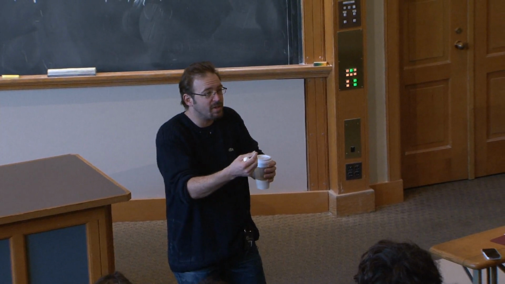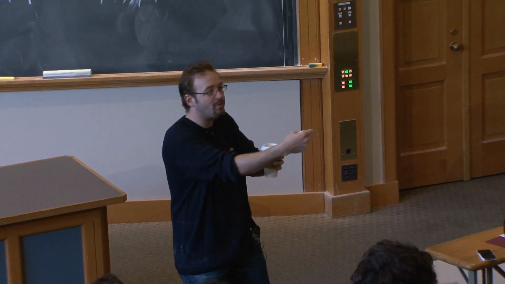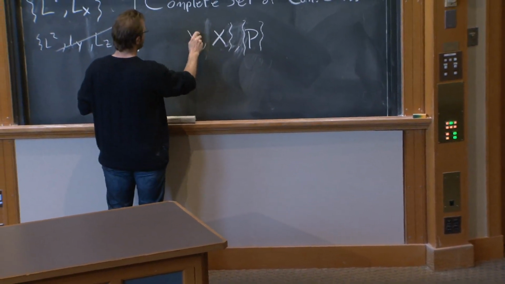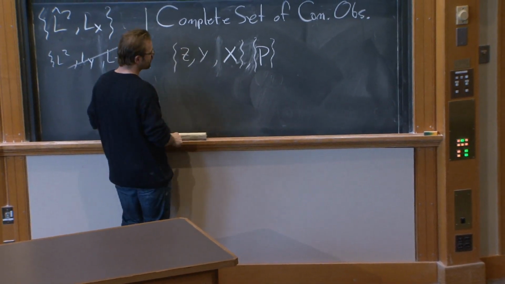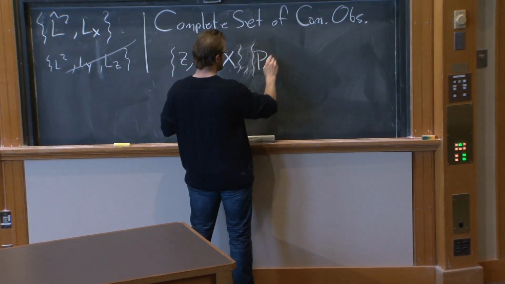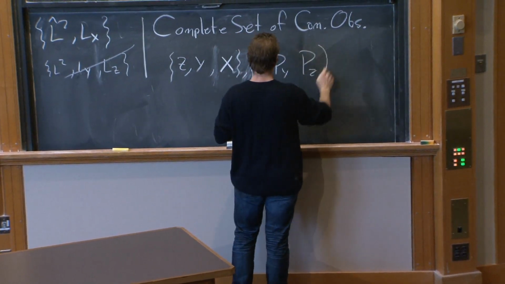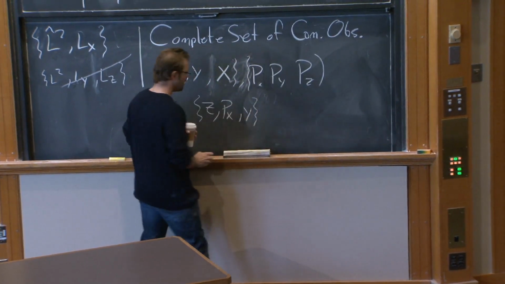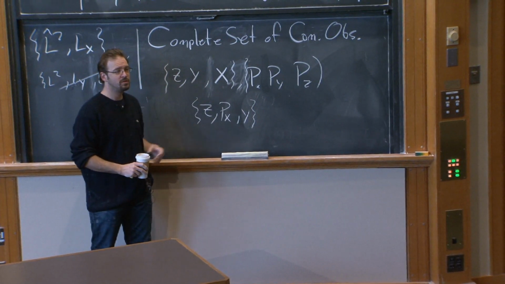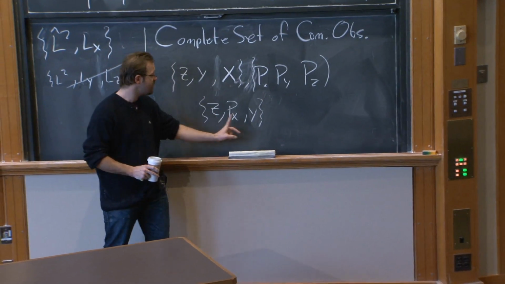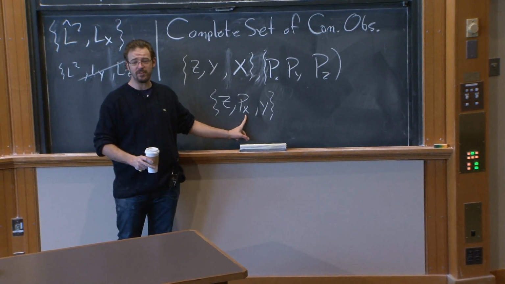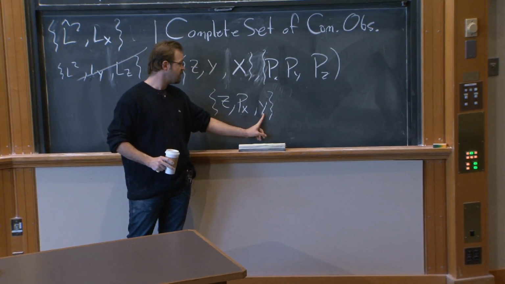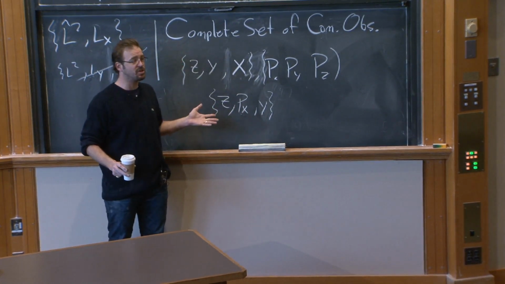Now, if we're in 3 dimensions, is x a complete set of commuting observables? No, because it's not enough. You tell me that it's x, that doesn't tell me what state it is, because it could have y dependence or z dependence. So in 3D, we'd pick, for example, x and y and z, or px and py and pz. We could also pick z and px and y. Are these complete? If I tell you I have definite position in z, definite position in y, and definite momentum in x, does that completely specify my state? Yeah, totally unambiguously. e to the i kx, delta of y, delta of z. Totally fixes my function, completely specifies it.